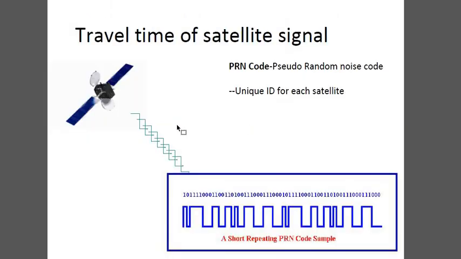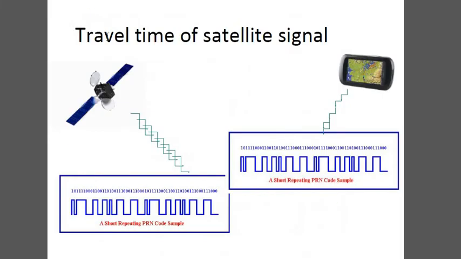Now here these are the pseudo-random codes, which we are using as the unique ID for the satellites. From the satellite it is transmitted to the ground station. These are the pseudo-random codes which you have already studied in your last course, mobile communication. So the satellite gives the short repeating data of the pseudo-random codes to the ground station or the control or monitor station, from where it is again given to the user position.